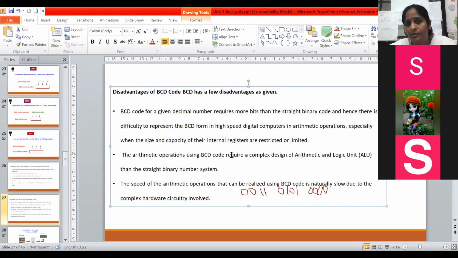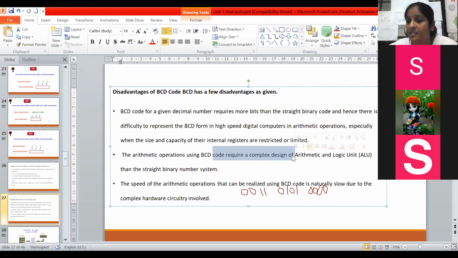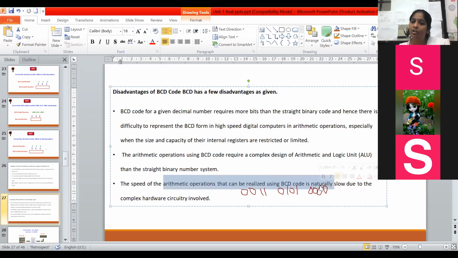Then arithmetic operation using BCD code is very complex. Okay, whatever the binary addition is very easy, but BCD addition and subtraction is somewhat difficult. For the arithmetic operations, we cannot use a BCD number system. Binary is okay for that. As the arithmetic operations are very complex, it takes so much time to do the addition and subtraction. So the speed of the operation will be less because of that complex hardware circuit. Okay, then